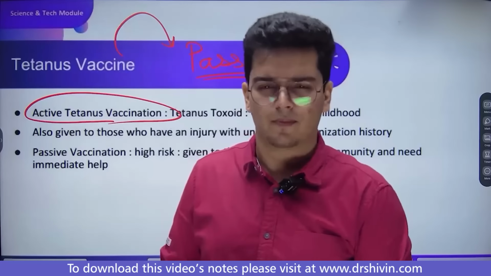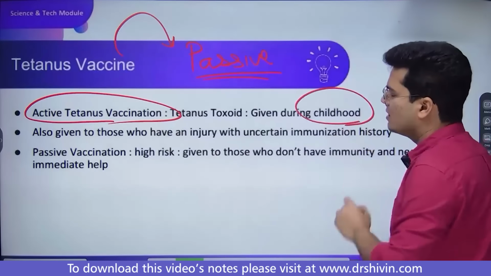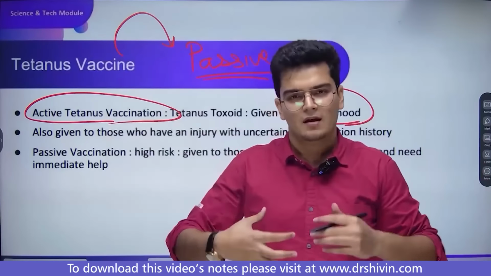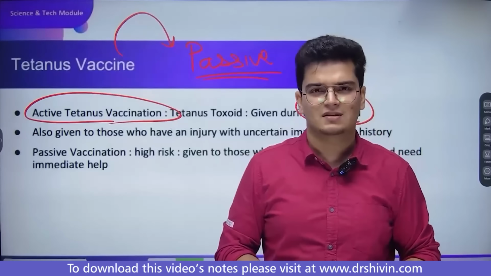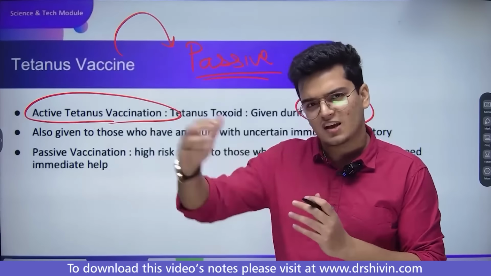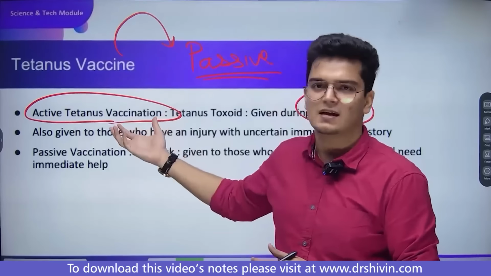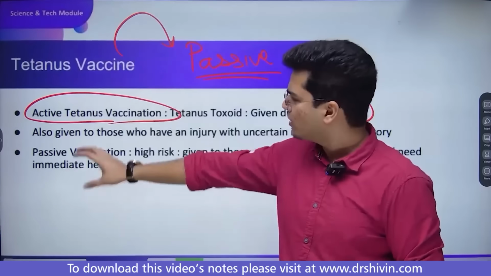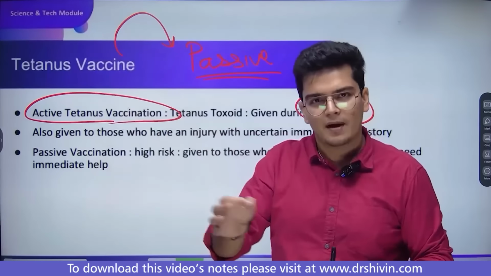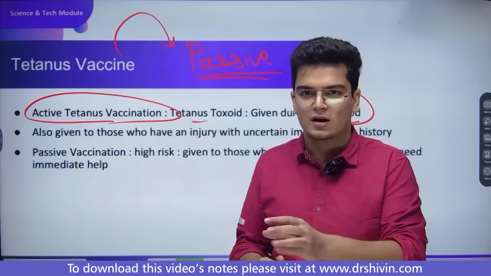It is also given to pregnant mothers. In childhood it is given so that the body starts forming its own antibodies. But the problem with active tetanus vaccination is that the memory does not stay for a very long time. The immunogenicity, the immune generating ability of this vaccine, is quite low. So what happens is, if you were given TT, tetanus toxoid, recently, and then you get injured,